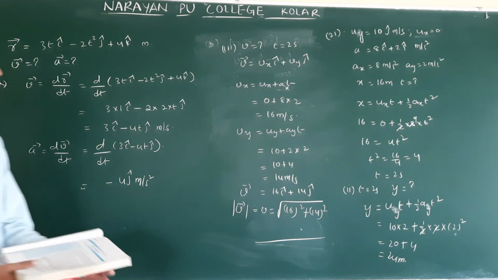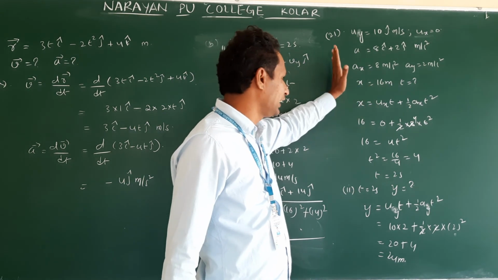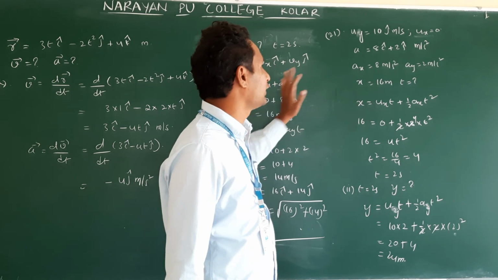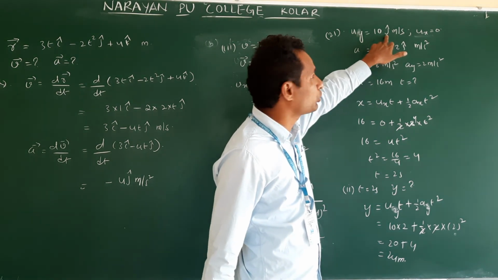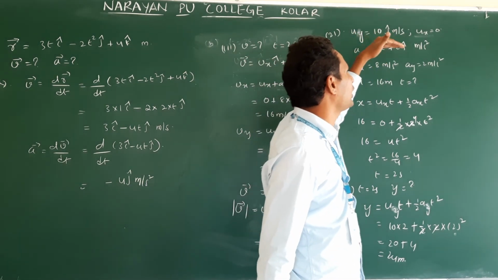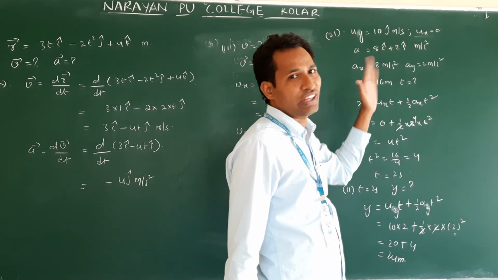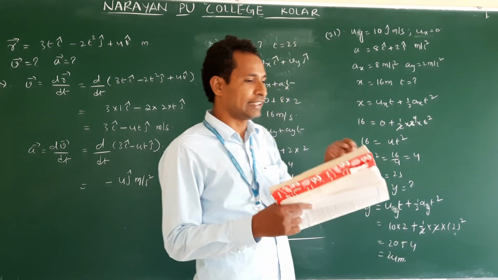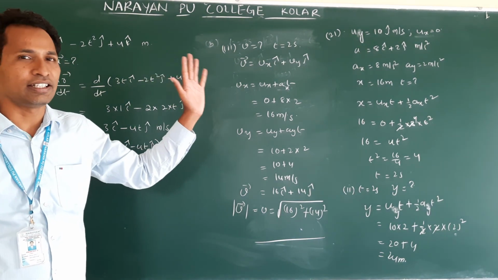I hope you understand. If you have a question in terms of vectors, velocity, acceleration, displacements, what do we take? We take all equations in two directions. One is along x, another is along y. How do we come to know these initial velocities? They mention j cap, so it has initial velocity along the y direction. So if it starts in the y direction, what about along x? 0. If it starts along the x direction, what about y? 0. If it starts in the middle between x and y, then it has both. So based on the question, we will come to know how the body starts and where it is moving.